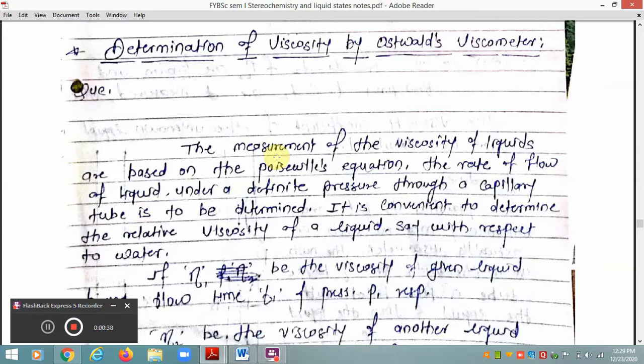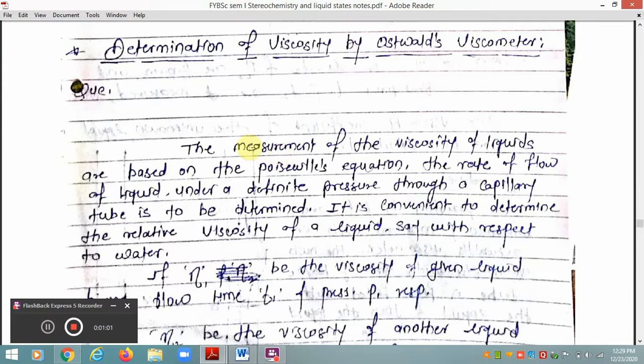And we discussed the various types of viscosities, like relative viscosity, specific viscosity, and intrinsic viscosity, and how intrinsic viscosity is used to determine the molecular mass of the given solid according to the Mark-Houwink equation. Dear friends, based upon the same, today in this part of the video, we are going to talk